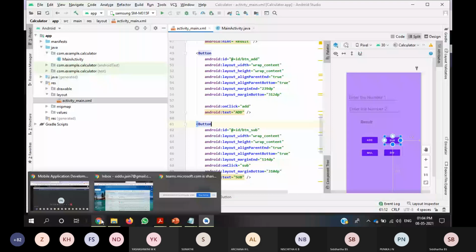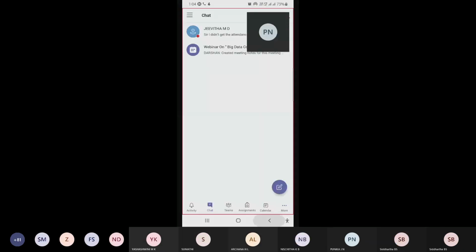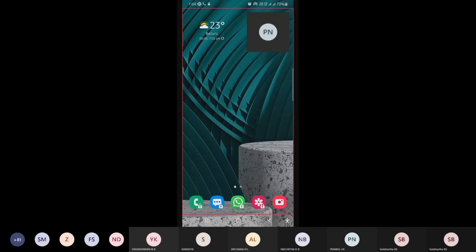Before that, I will connect with the mobile. I will share the mobile screen. Okay, now I'm going to run the application.